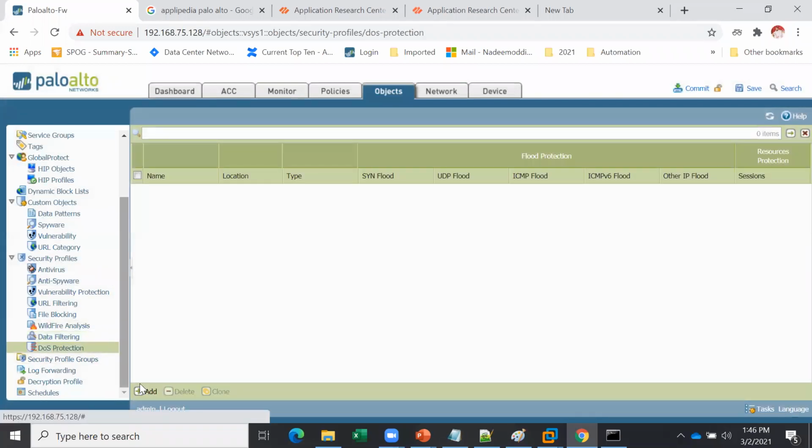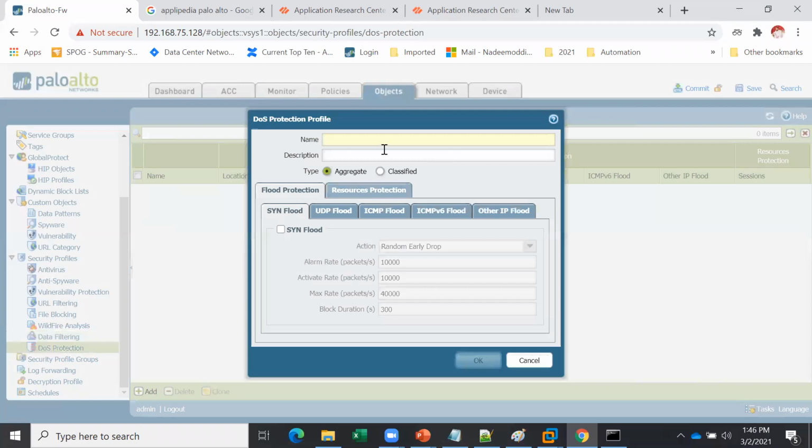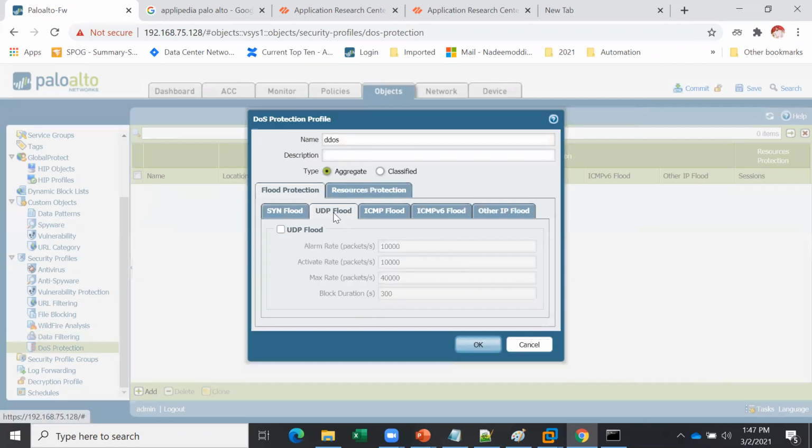DDoS protection, if you want to use it. If there is any UDP flood or any type of attack, like a SYN flood, coming with this many packets, you can block it. For UDP packets, if someone tries to send this many packets, there is a limitation; you can block a maximum of 300. ICMP flood, if someone wants to attack from outside and bring down your server, you can limit it and put it in your profile.